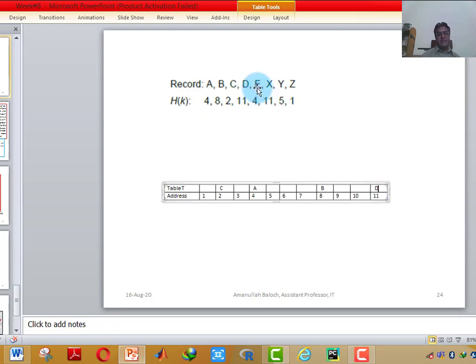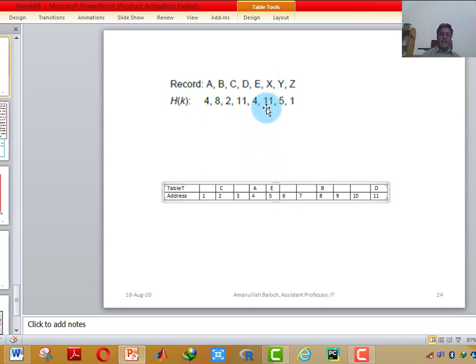Next is E. The hash address of E is 4 and E wants to store itself at index number 4. Is index 4 available? No, it is not available. Then we will search onward and see the available location. Yes, the next location 5 is available. We will store E here.